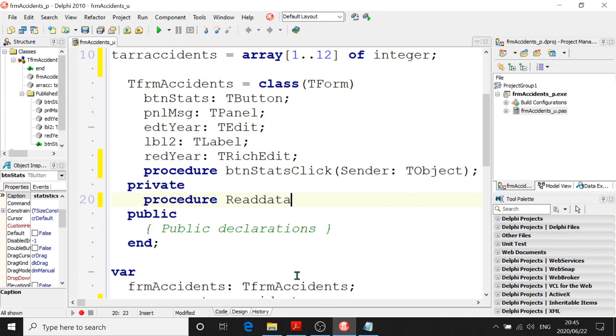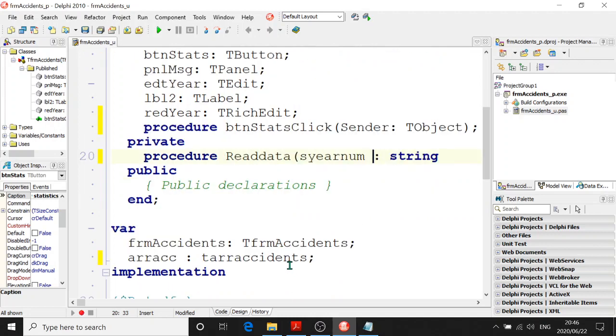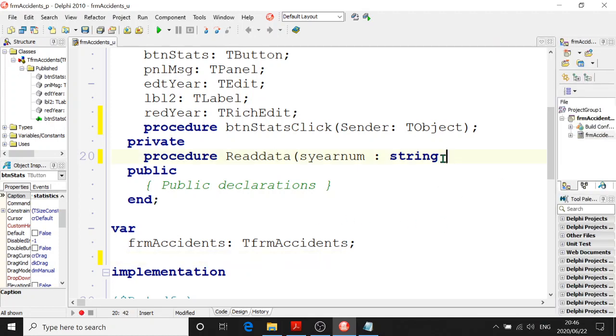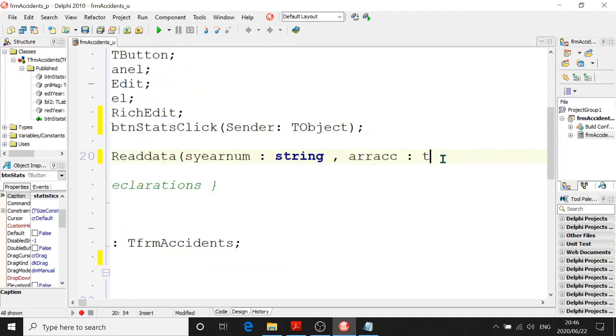Read data, and in brackets S here num colon string. And then, in fact, we don't even have to have this global variable here. We delete it because it's going to be in our parameter lists. And then semicolon AR accidents colon T